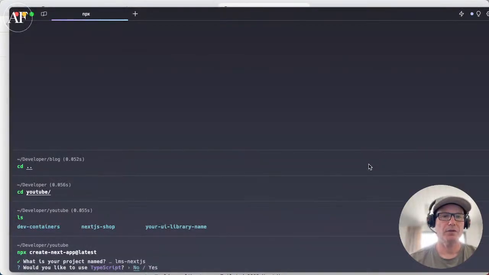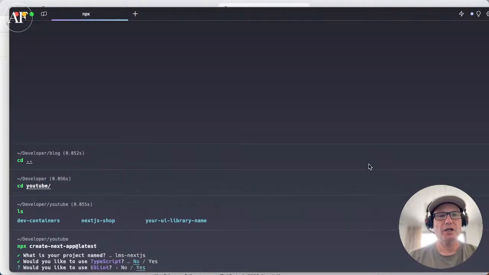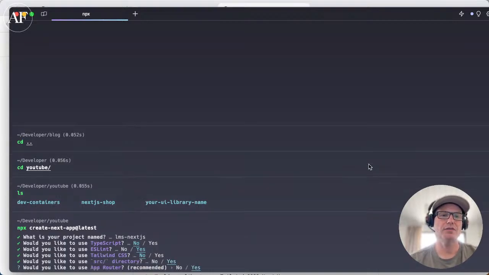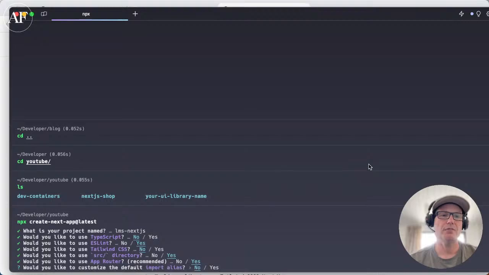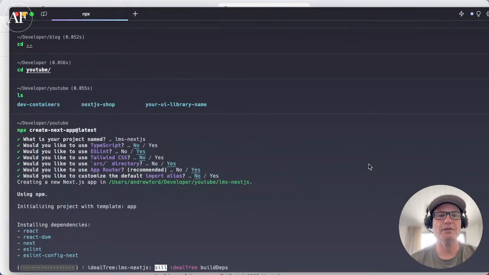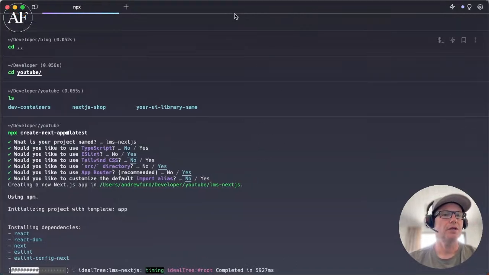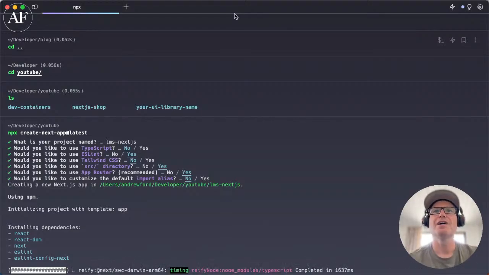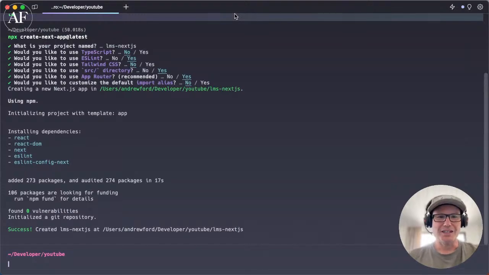Okay, we're not going to use TypeScript. I'll do that another time. We are going to use ESLint, no to Tailwind, yes to source directory, yes to the app router, no to the import alias. So this is going to set up all the code needed there for React, React DOM, Next, ESLint, ESLint config Next. Funnily enough, it says those things in the installing dependencies part there. So, okay,